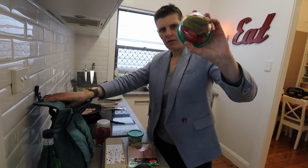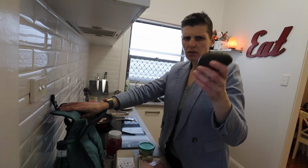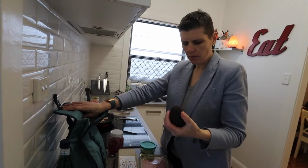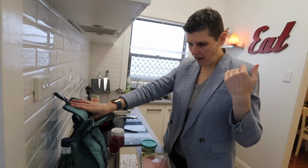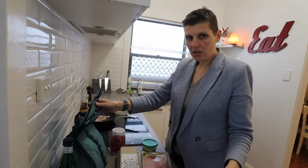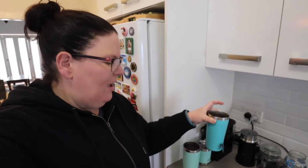just some tomato and pickles, and I'll probably only have half the avocado, so I'll take a little snaplock bag with me as well, and I always have some salt and pepper and stuff in my work bag, and that will be my lunch. So I've just got my electrolytes and a cup of tea that I'm going to have now,